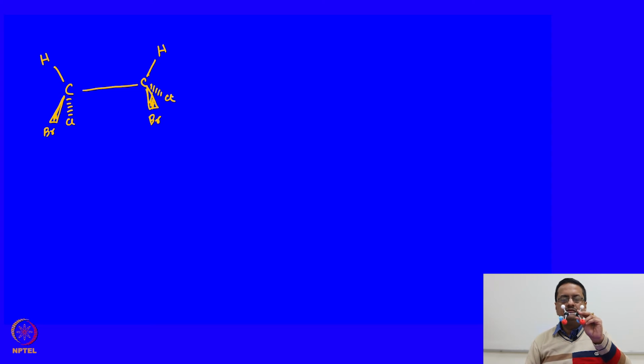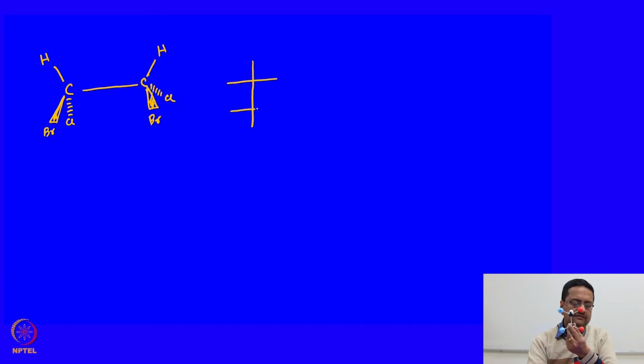So, simply if we try to now convert this into the Fischer projection, we have to make it look like this, and those 2 hydrogens should come backwards, or you can keep the 2 bromines backwards. So, depending on how you see the molecule, you should try to draw the Fischer projection of this molecule. Suppose we want to keep the 2 hydrogens backwards like this. So, the corresponding Fischer, we will have